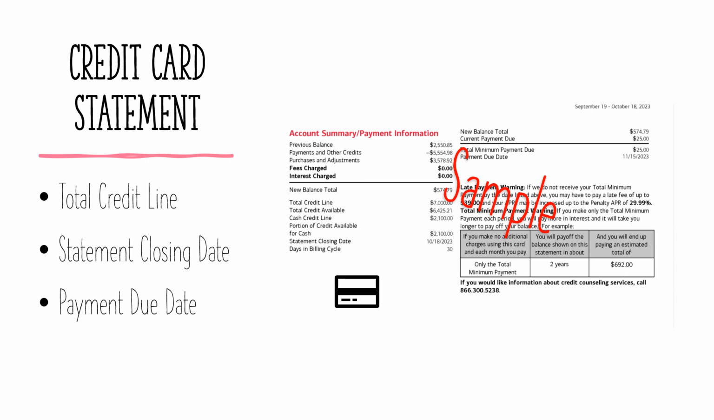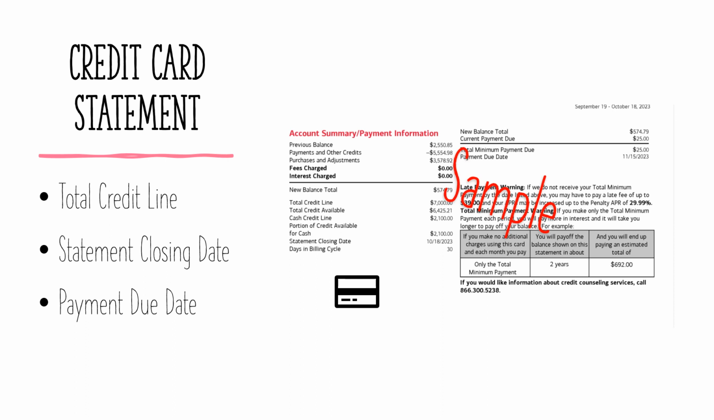We're going to look at the total credit line, the statement closing date, and the payment due date. And I'm going to show you why this is important. So the total credit line in this example is $7,000. And the reason why that's important is because in this scenario, you want to make sure that you do not come close to the credit limit of $7,000, especially if you're going to carry a balance. But if you're not going to carry a balance, you still want to make sure you do not come close